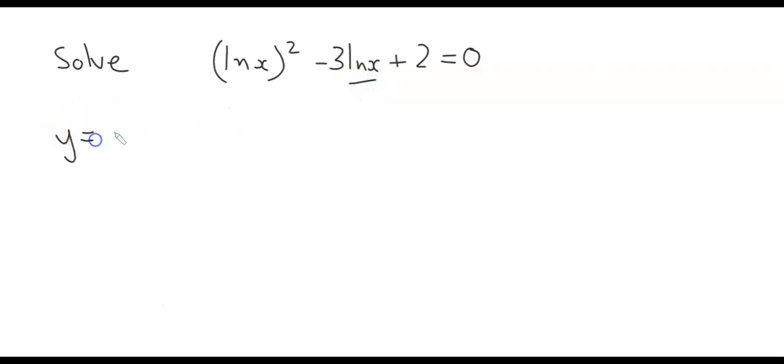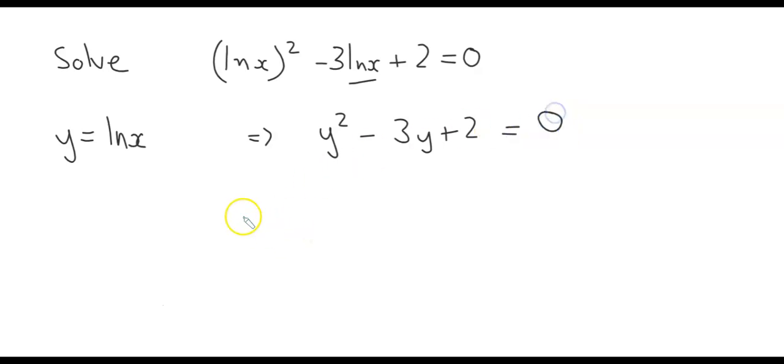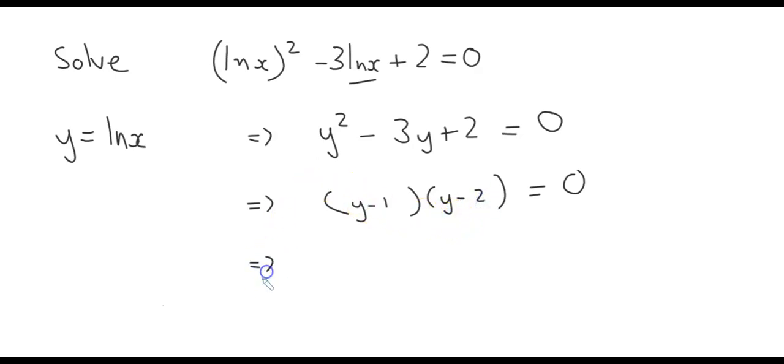determining the substitution. So we're going to say let y equal ln x. And then when we sub it in, we should get y squared minus 3y plus 2 is 0. And then let's see if we can factorize that. Hopefully it will. So (y minus 1)(y minus 2). And when we then proceed to solve that, we have y is equal to 1 and y is equal to